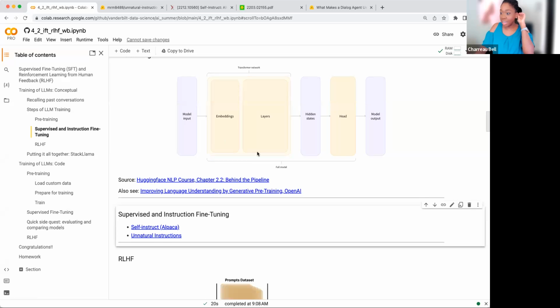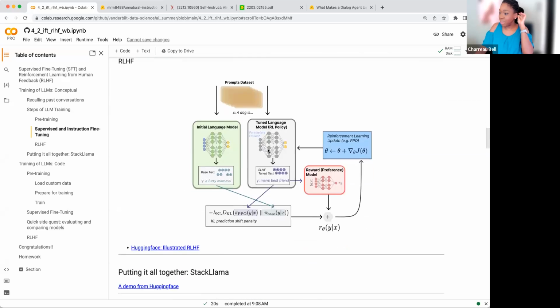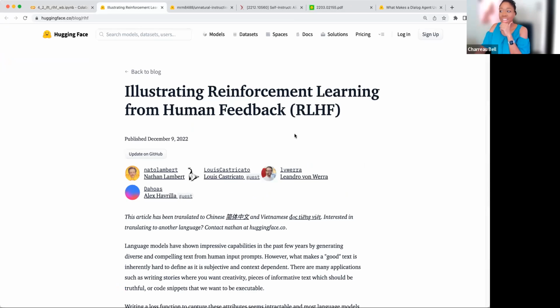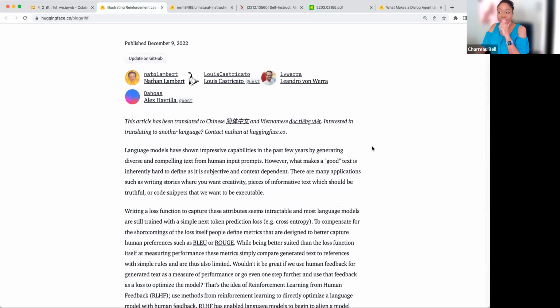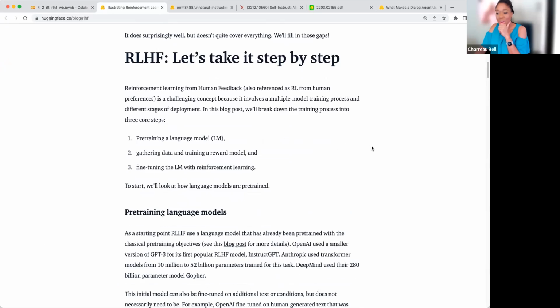So exciting. Then we have reinforcement learning from human feedback. This is also a really great resource, this Hugging Face blog, which talks about reinforcement learning from human feedback in depth. It talks about some different ways taken by different organizations to train their reward models.